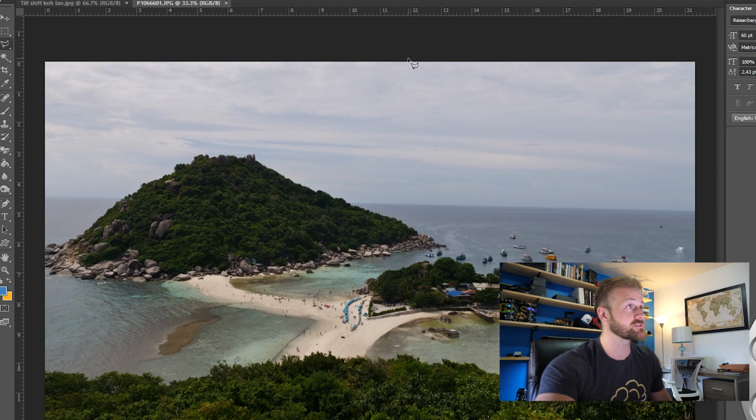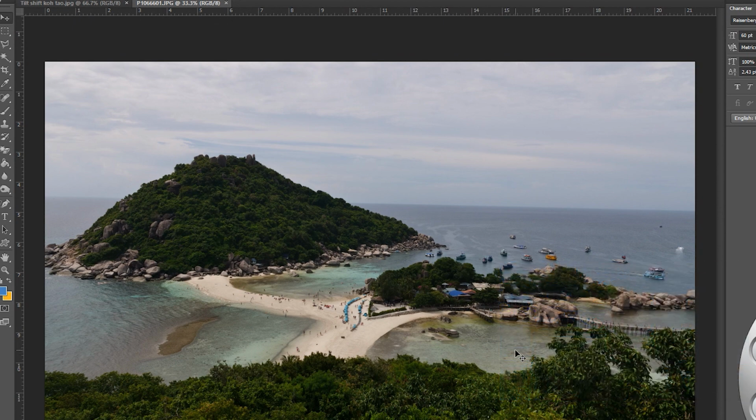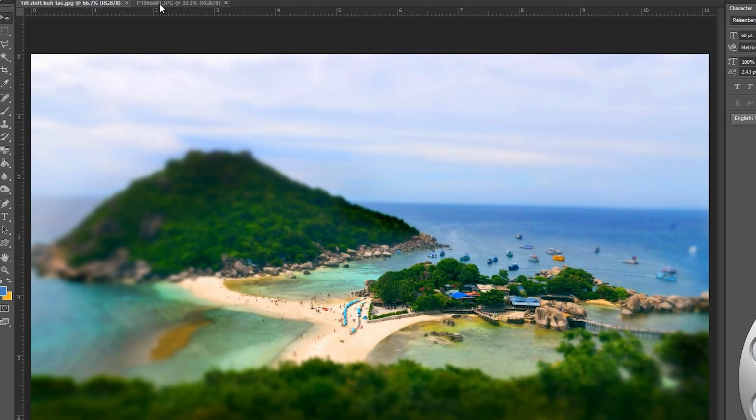Okay, in we go. So here we are up on screen. I've got my Photoshop open with the same photo, tilt shifted and not tilt shifted. You can see this shot was actually a beautiful island in Thailand, but the weather was kind of hazy. Color doesn't really pop. And if I give you the quick click over and back, over and back,